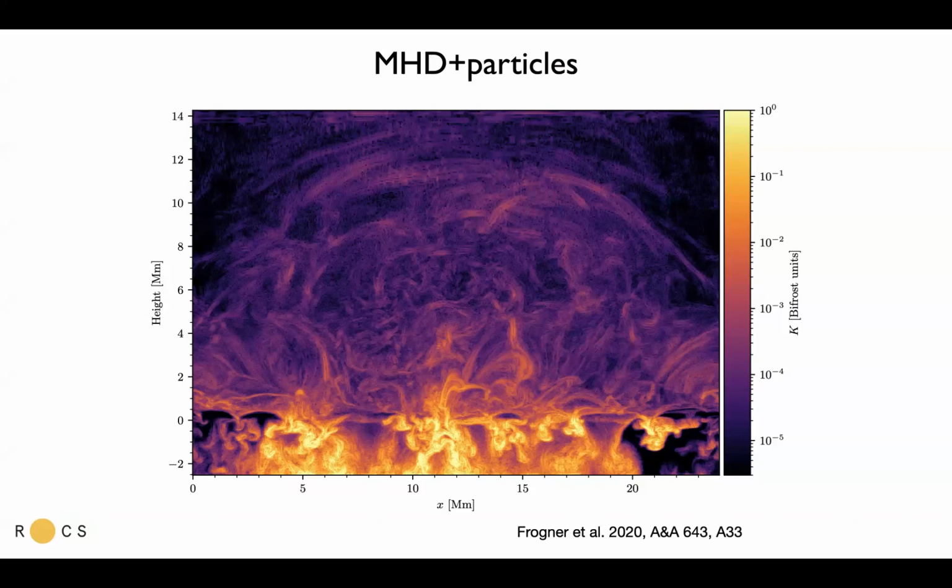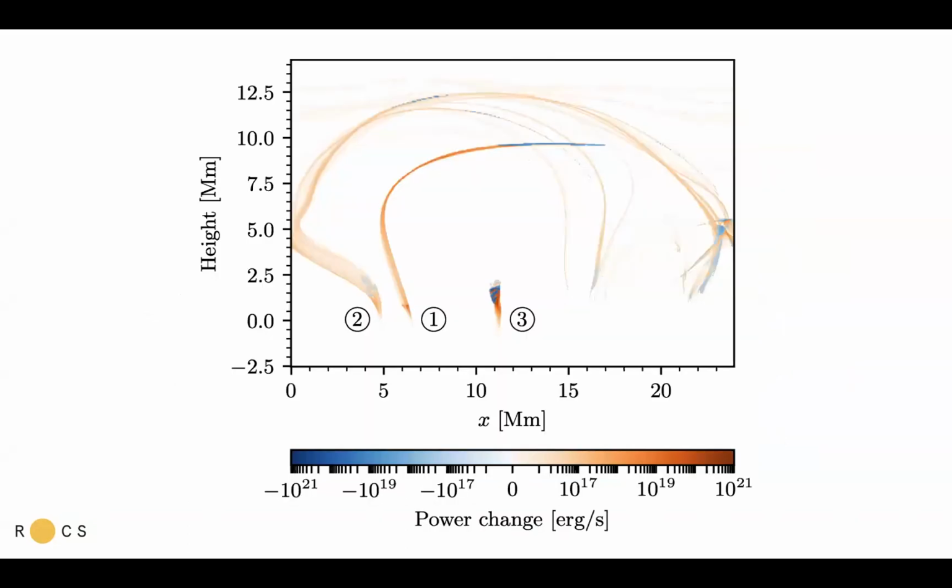I talked about particles. This is from a 2020 paper by Lars Frogner, where he takes the Bifrost simulation and then where we have the energy dissipation, the dissipation of the magnetic field energy is then put first. He finds out where you have topology changes and puts the energy release into particles and then follows the particles along field lines. And here we have 3 such bundles where the blue is where they're accelerated and the red